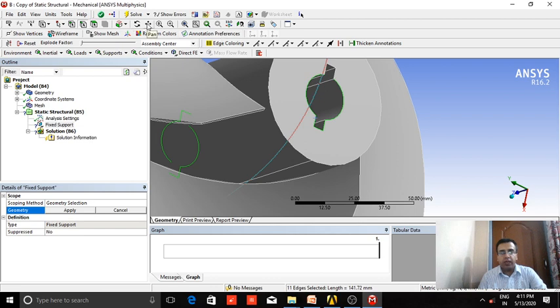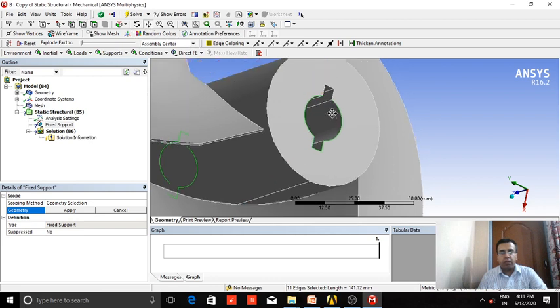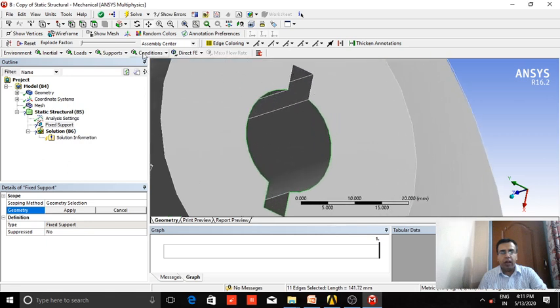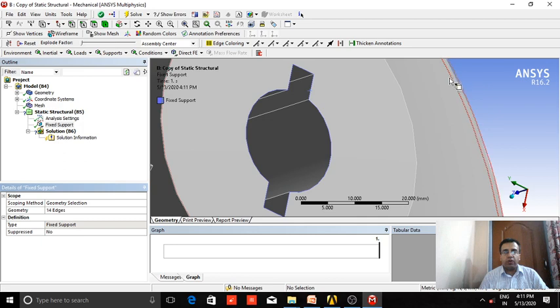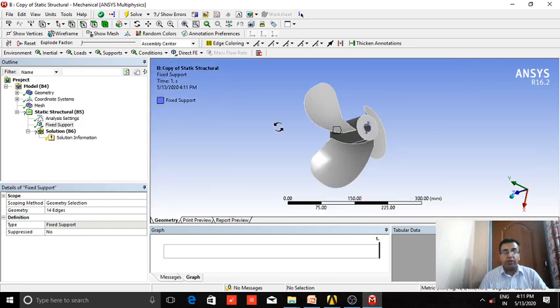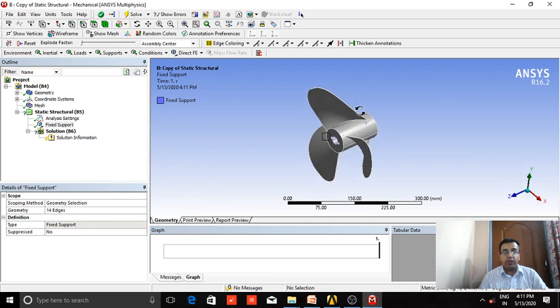As we can see, we can pan, zoom and rotate as per our requirement, so that it becomes easy. Since all these edges are going to be included in a single fixed support, I have used the control selection. So in this manner, we have imposed fixed support on these edges.